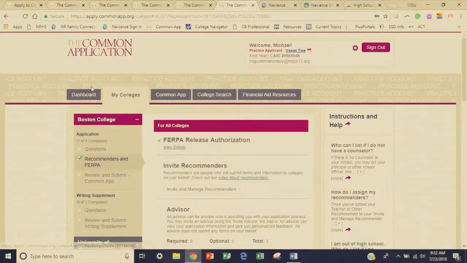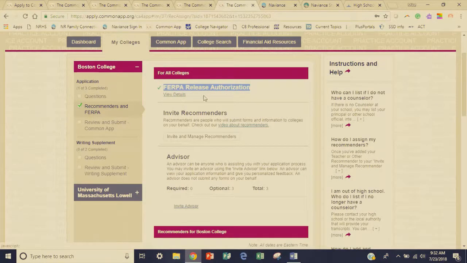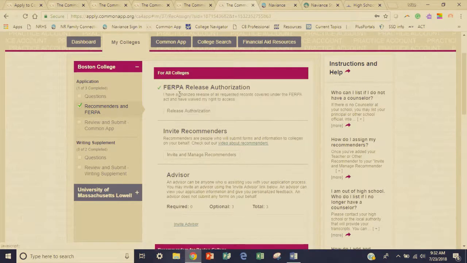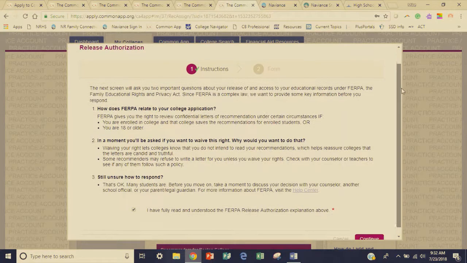But I'm going to click on Recommenders in FERPA, and here is that section that we need to complete. It's called the FERPA Release Authorization. So you would click on the link here to complete it. It might be slightly different than the link that's showing. Again, it's already been completed in this account. So we're going to click on Release Authorization. So here's the part that the student has to complete. They want to review all the information on this page. FERPA is the federal law that oversees student records. So they do provide a good amount of information here on the law. And the student simply has to click that they have fully read and understood this information